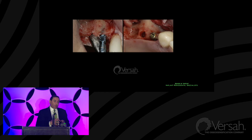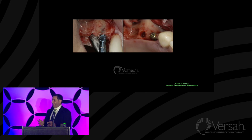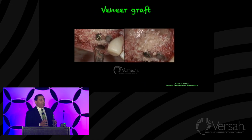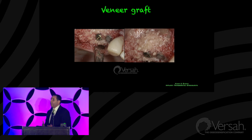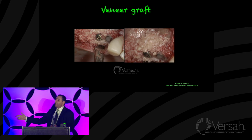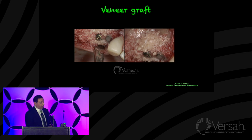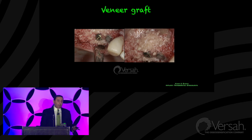But when we place those implants and we expand the ridge, I've learned years ago that that thin bone is not there. It may look good. It may look like you have bone. But that thin crestal area of the bone, which peaks in an inverted V shape, disappears. So we have to do intramural penetration, have to augment. We can get our PRF, PRGF membranes, and all other grafting techniques in order to improve that ridge, because that bone will go away. Especially if it's right next to a tooth, you may lose bone on the adjacent natural tooth. So we do veneer grafts, and we cover it with membranes, and we wait. We allow time for guided bone regeneration, and this is the post-operative